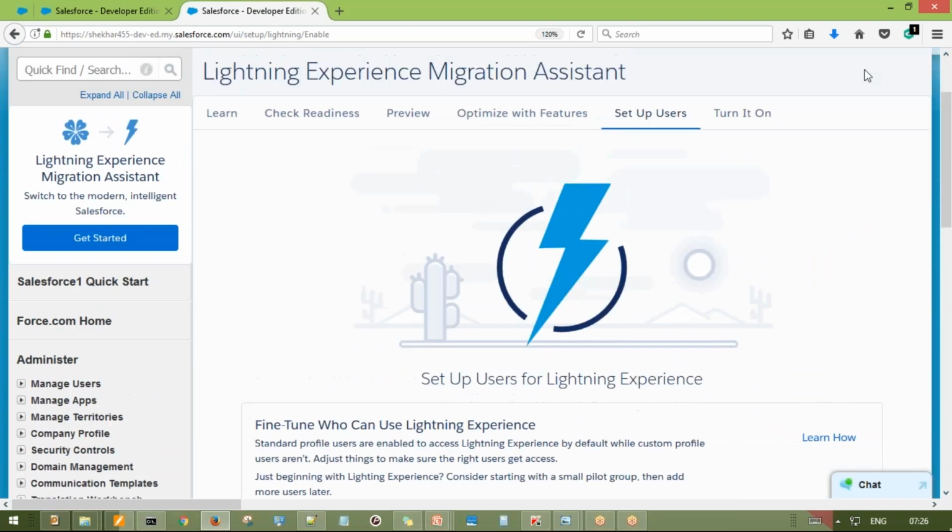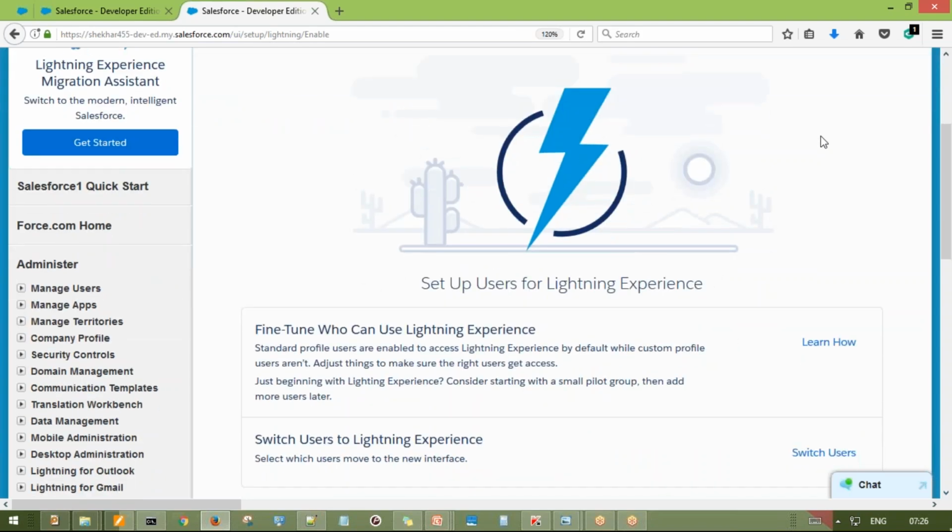And now here is the important thing about setting up users. This is a very important thing, by which way only you will be taking this big step. Here you are not going to impact the entire company. So what you can do here,